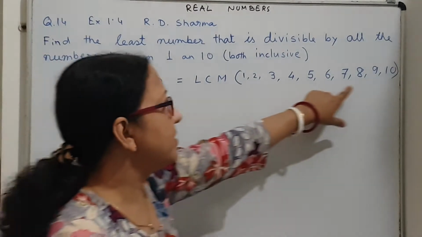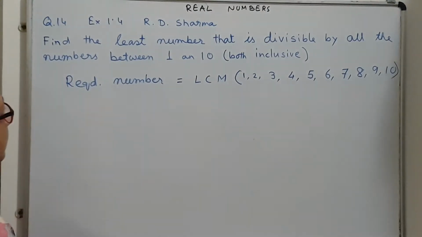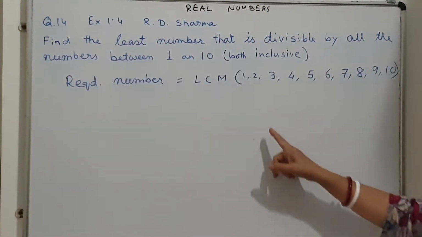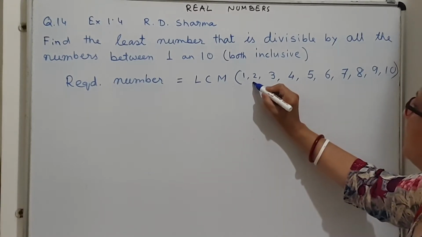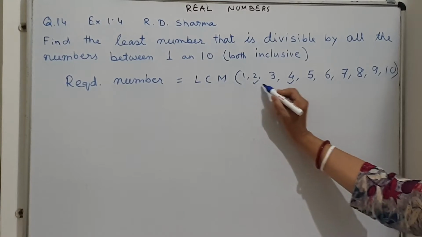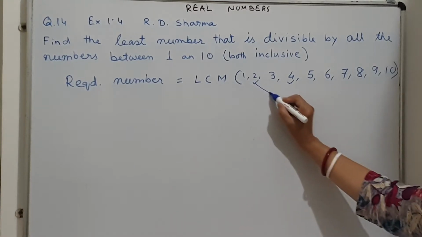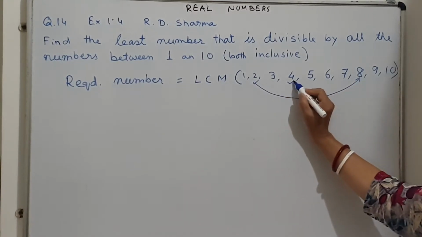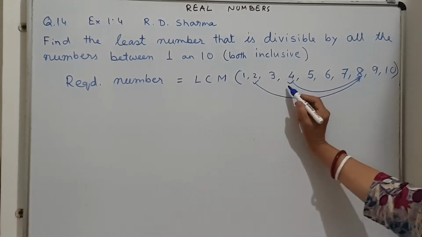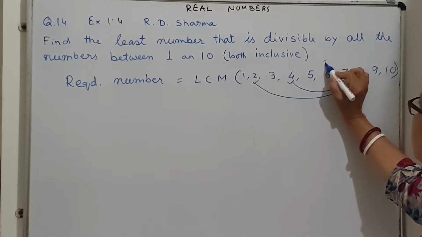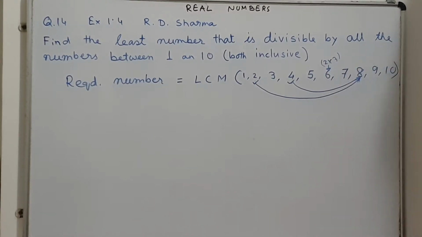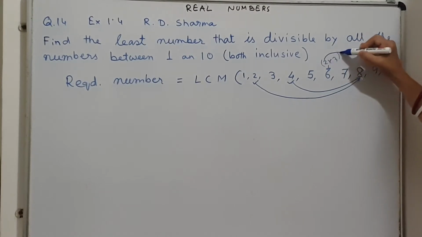So how to find the LCM of all the numbers that you see? And you see this prime number 2, then this 4. 2 and 4 will be included in 8, because 8 is a multiple of 2 and 4. And also 6 is 2 into 3, so these 2 will also come here.